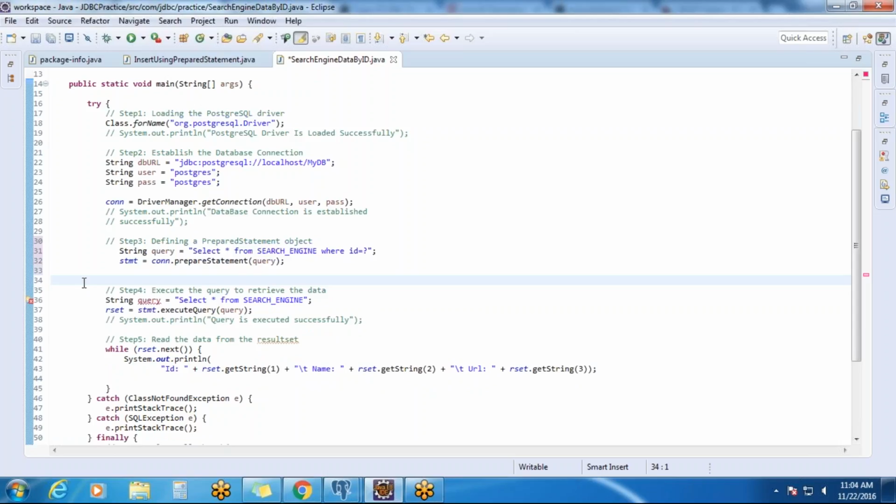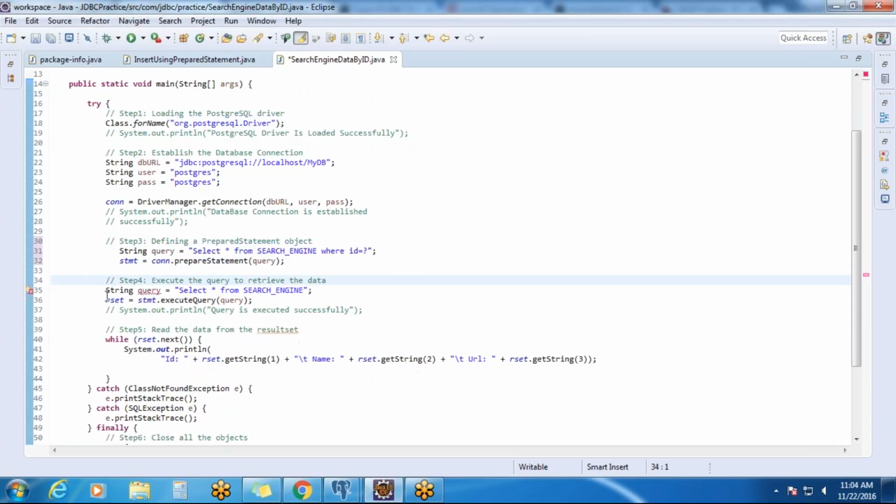So a placeholder is only one value. We would like to pass it for that ID column in the where clause of the select query. So based on that select query, we are preparing our prepared statement object. Go to the top,